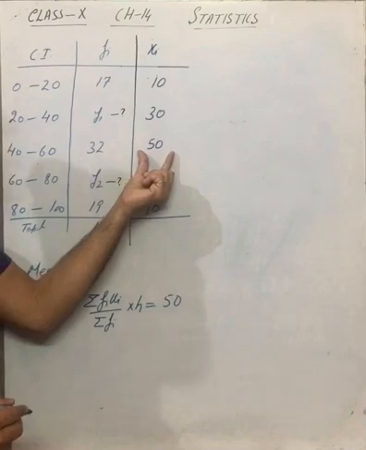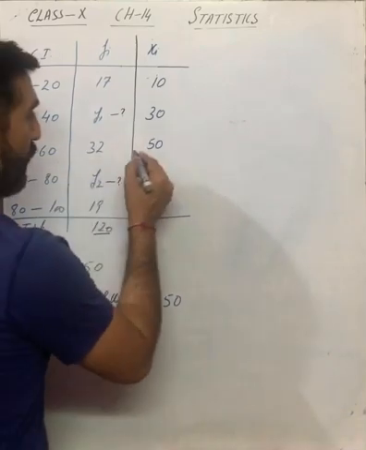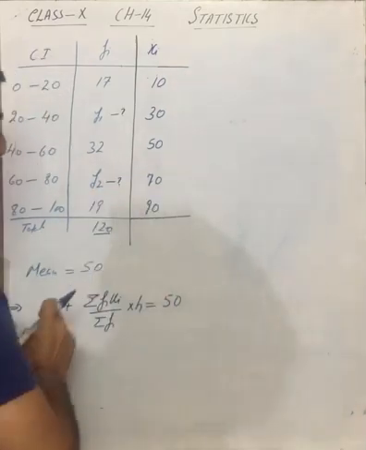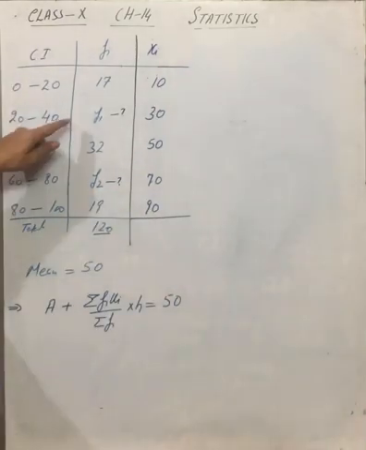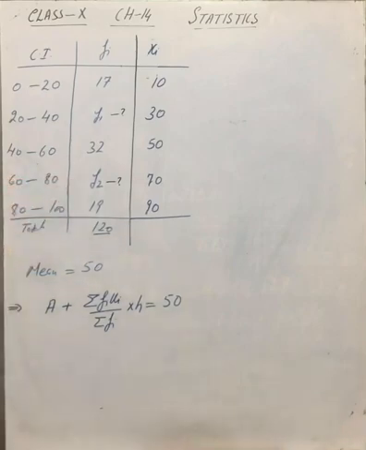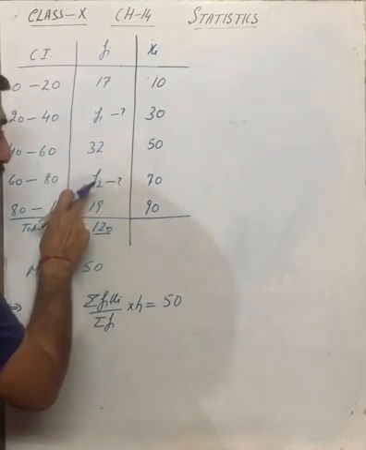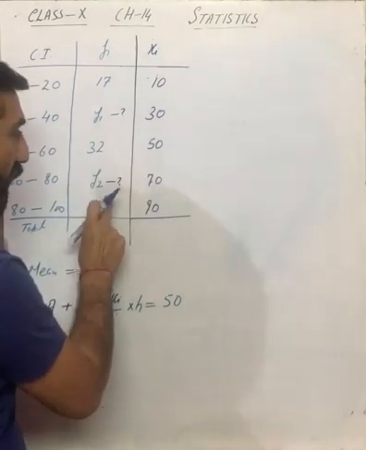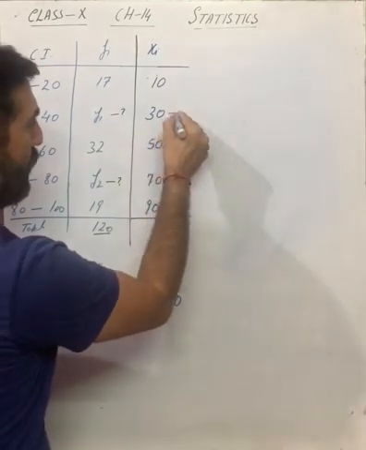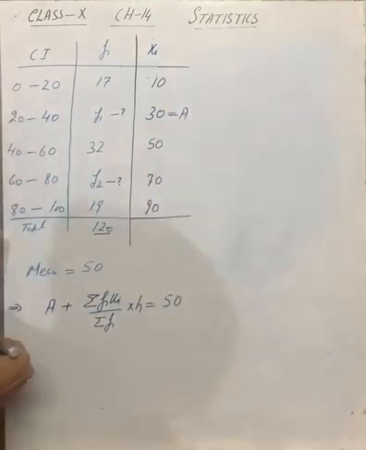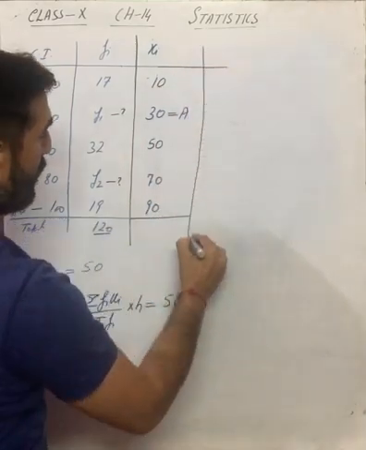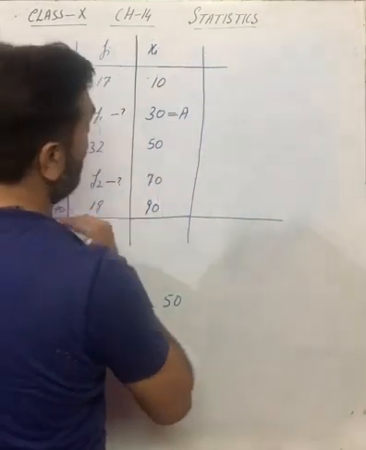Now if you remember the last question, we took a at the middle of the x's. But when you are solving a question with f1 and f2, or even a single missing frequency, take a where the frequency is missing. That means either take it at the f1 position or at the f2 position. So I'll go with 30. I take a as 30. You can take 70 as well. Take any one of them, the calculation will remain easy.